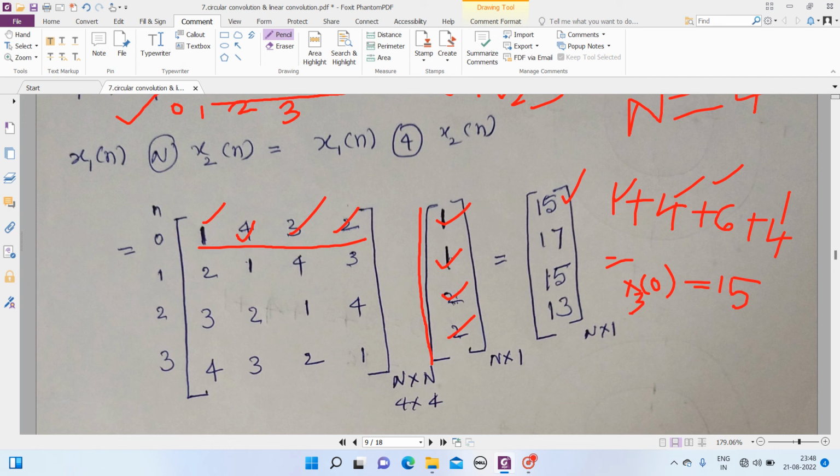So how can we solve the x3 of 1 value? You have to multiply this sequence with this sequence. Okay, 2 ones are 2, plus 1 ones are 1, plus